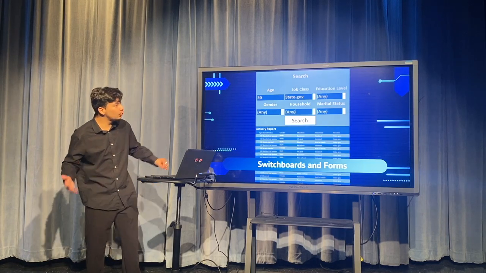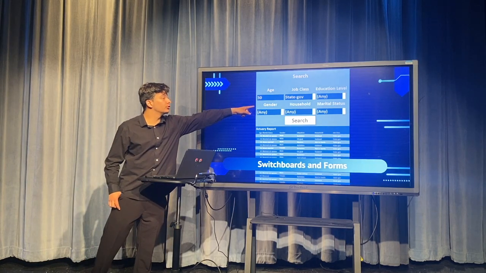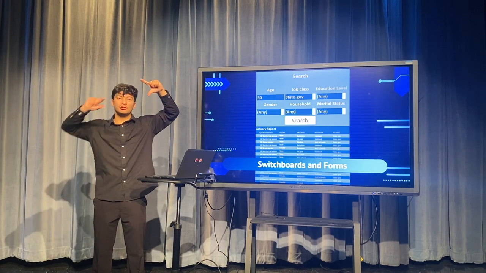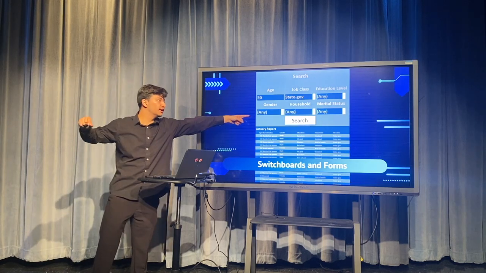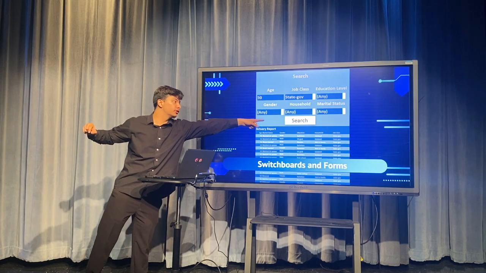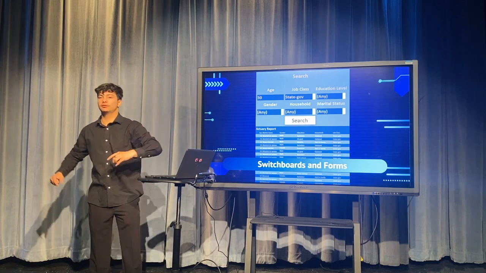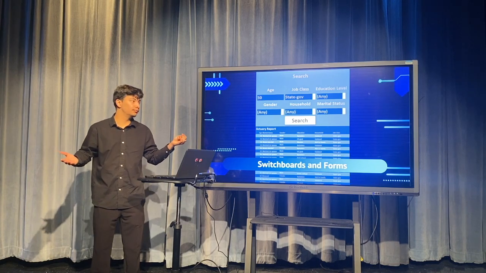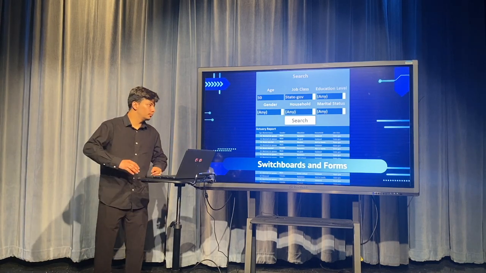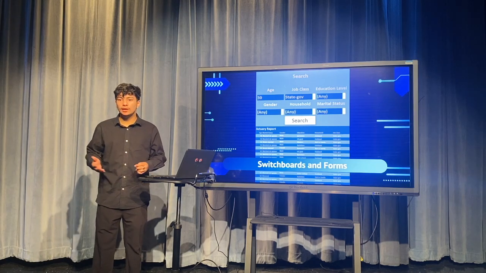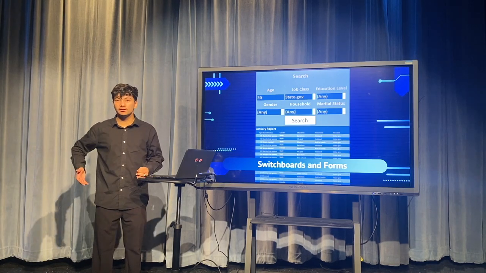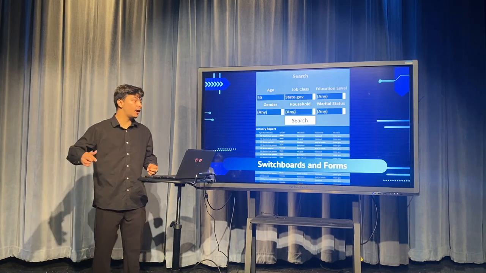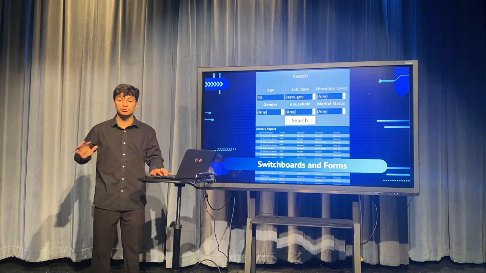And then we made a form that we would put on a switchboard, which is pretty much just like a dashboard. You put in the information you want to know, and you click search, and it spits out a report. Basically what it does. Very simple if you know what you're doing technologically. Originally, we had no idea what we were doing. We didn't know any of the technological side, so we learned. We used our resources, and we learned how to create all of this from scratch.